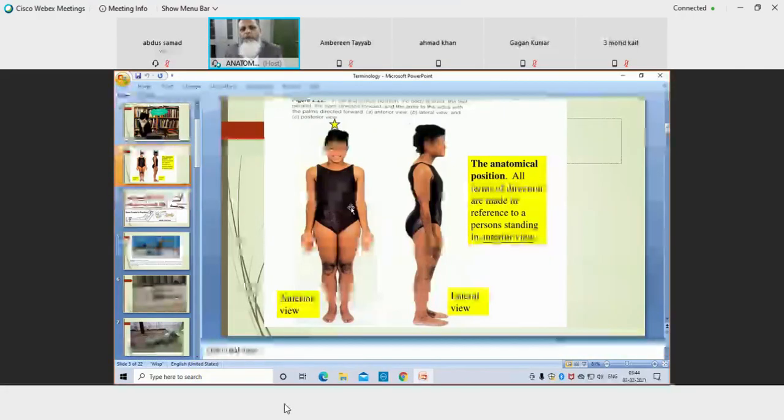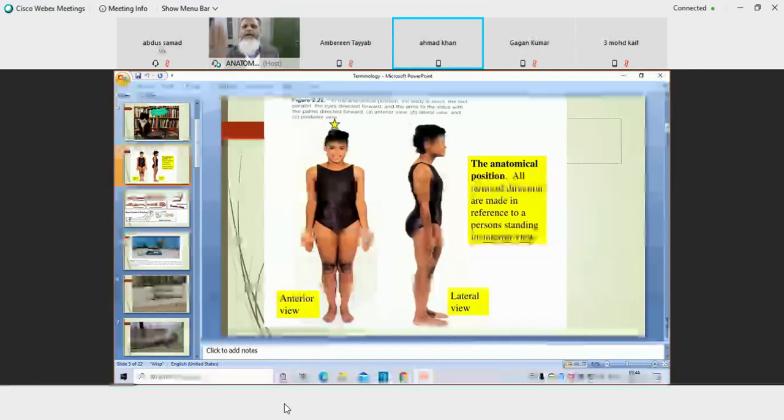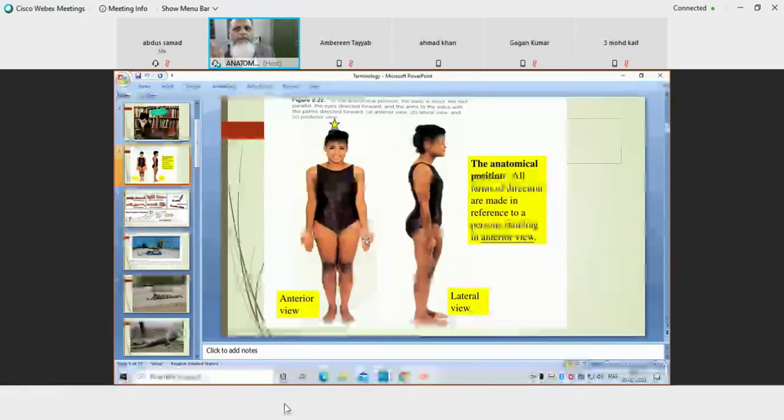In the anatomical position, it is facing forward. So the anterior surface of the hand is known as palm, and the posterior surface of the hand is simply called the dorsum of the hand. ठीक है बच्चों? Anyone? ठीक है, okay. Now, in case of lower limb, this whole is the anterior surface, that is basically the extensor surface. Posteriorly is the flexor surface.